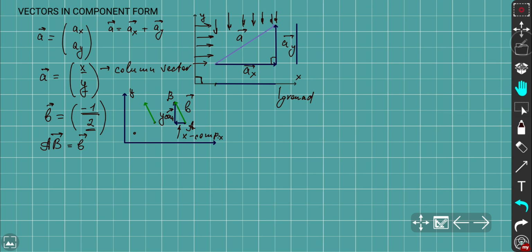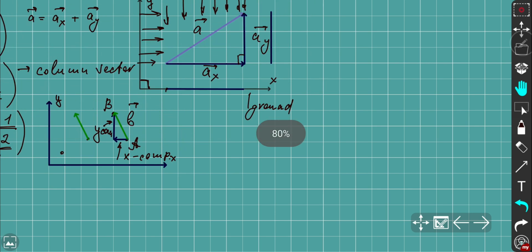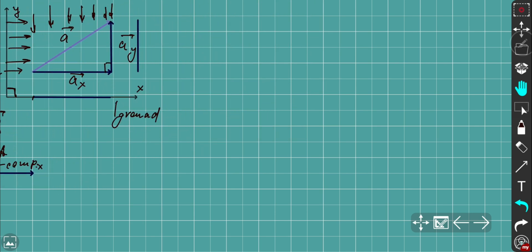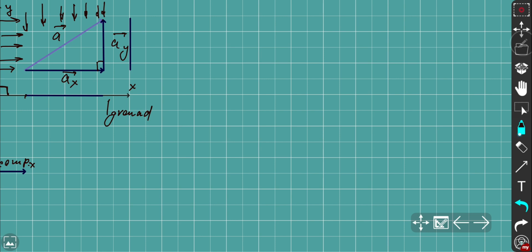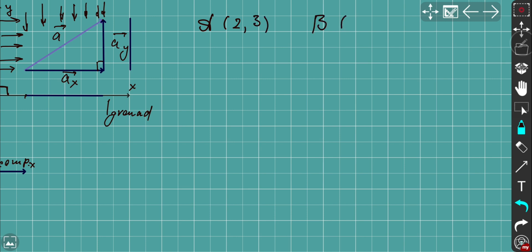So let's say we've got, seems to me it's better to transfer like this, so that to have the same font type. All right, so here let's say we are given 2 points. Point A with coordinates 2 and 3, and we have point B with coordinates, let's say, -1